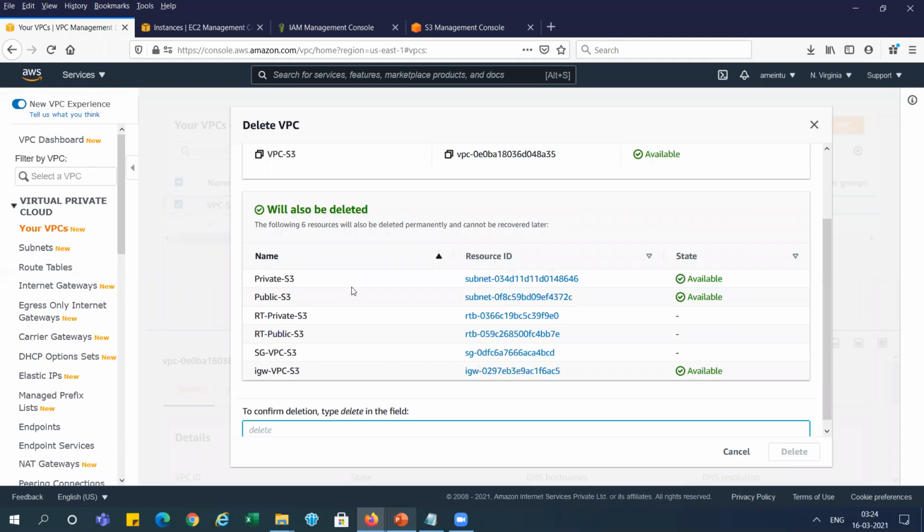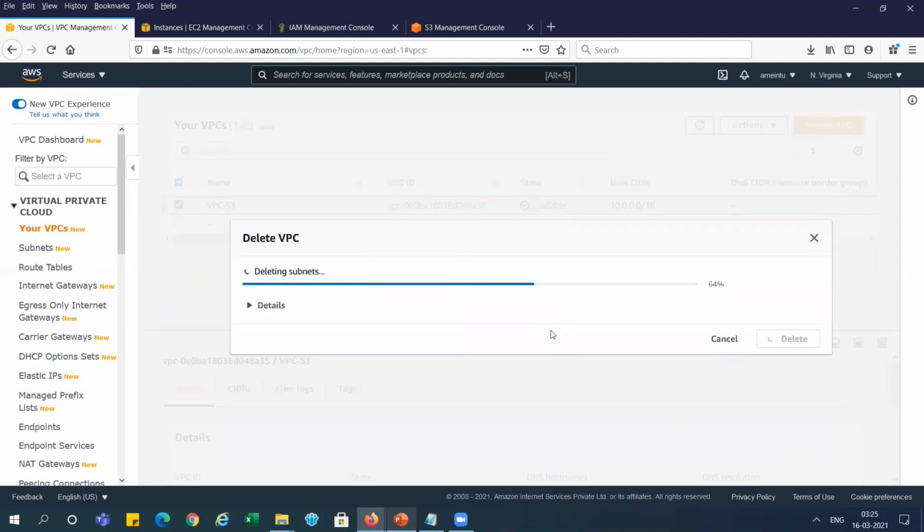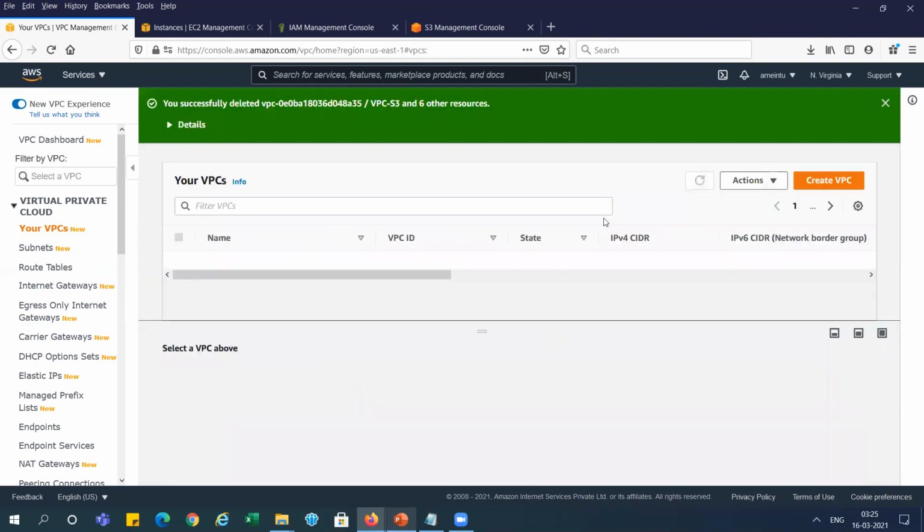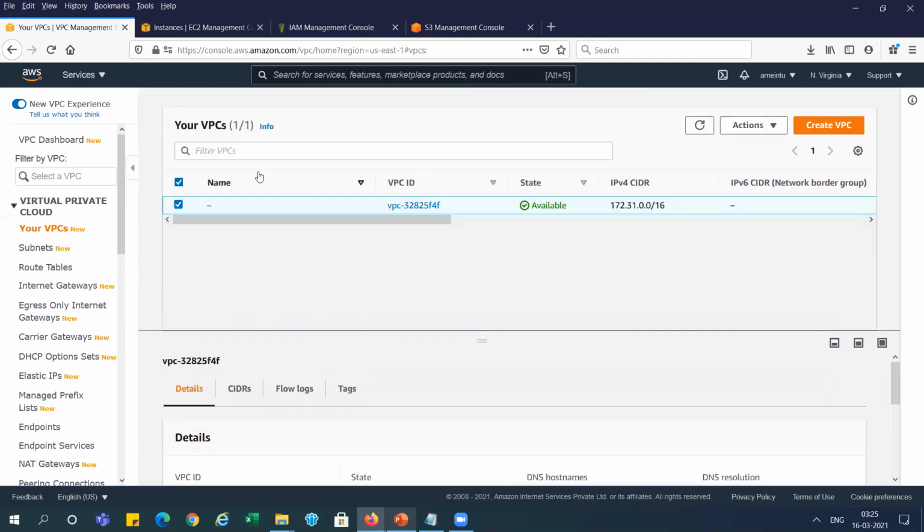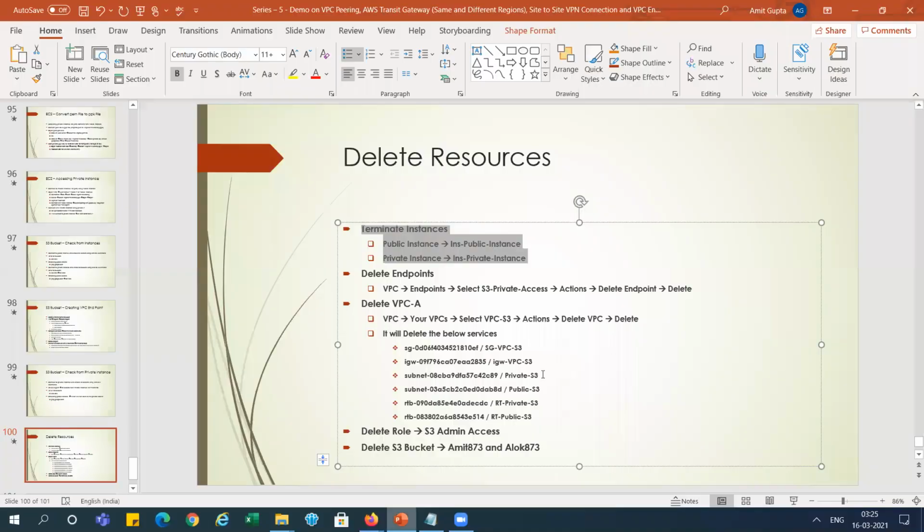Yeah, you can see here it deletes all those subnets, route tables, security group, and the internet gateway, right? Everything it will delete in one go. So we are going to delete it. The VPC is deleted successfully. It deleted all those things also.